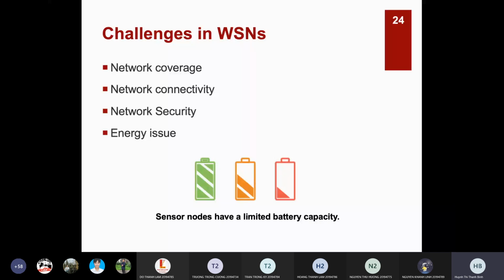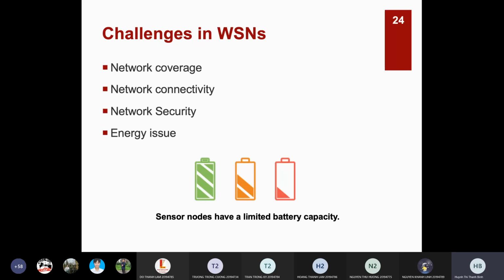For network connectivity, we have to place and fix the sensors so that if one sensor dies, the network will not be disconnected. Otherwise, if the network is disconnected, you cannot get the data from the network. So you have to design the wireless sensor network so that if one sensor is dying, the network still works and you will get the data. So the problem is network connectivity, the third one is network security, and the last one is